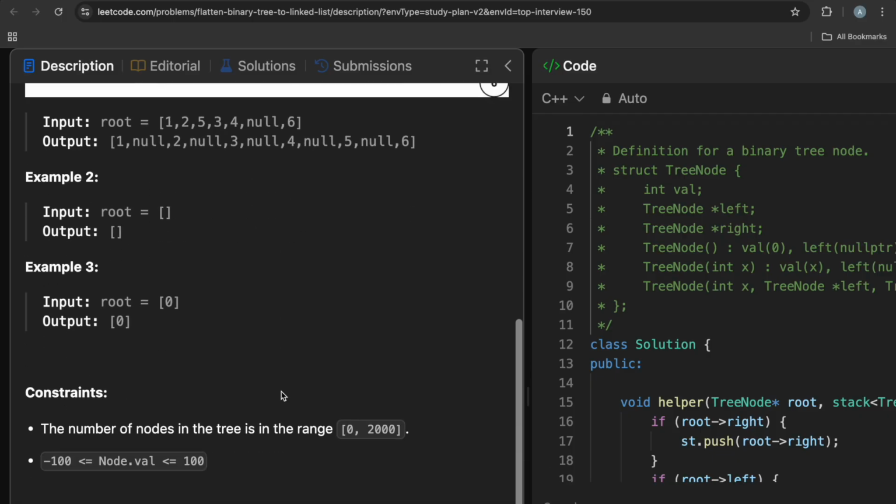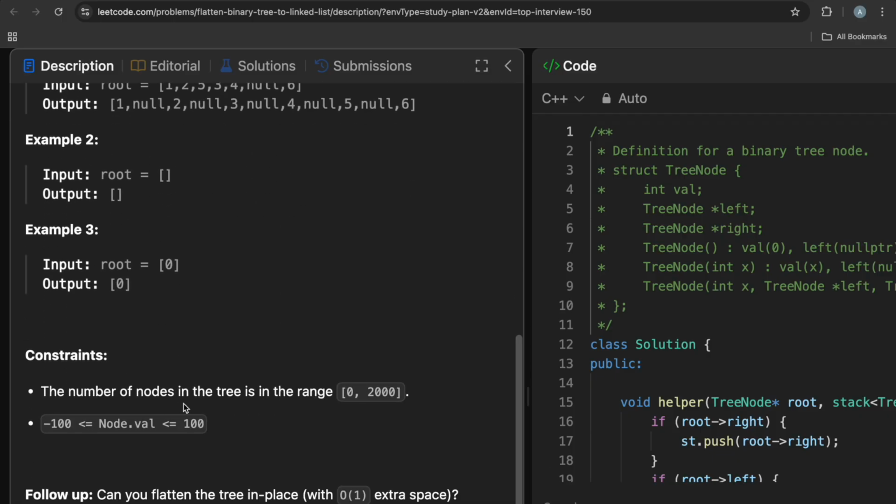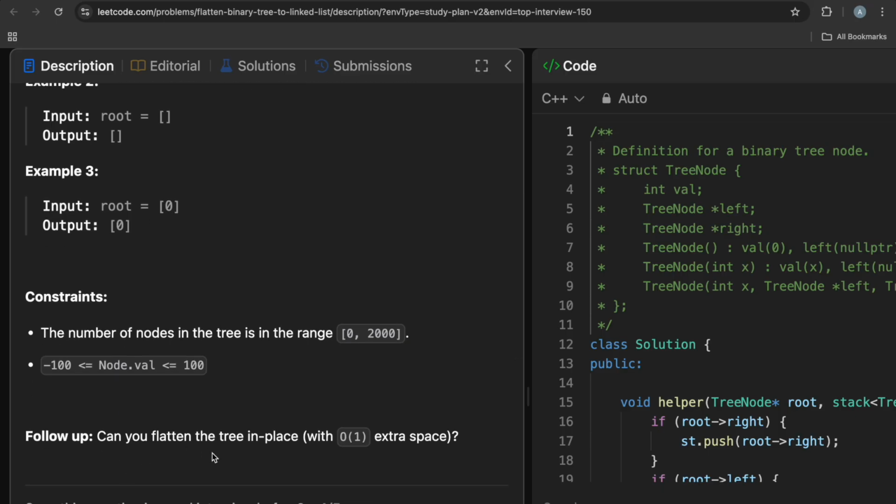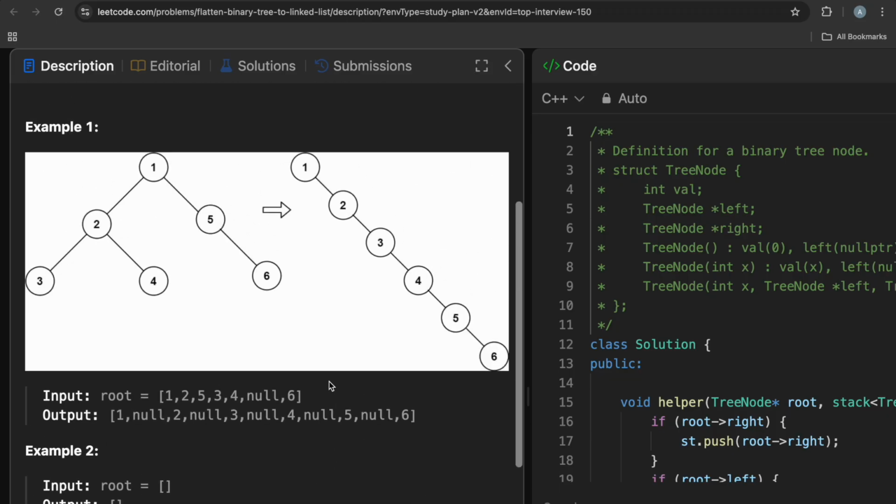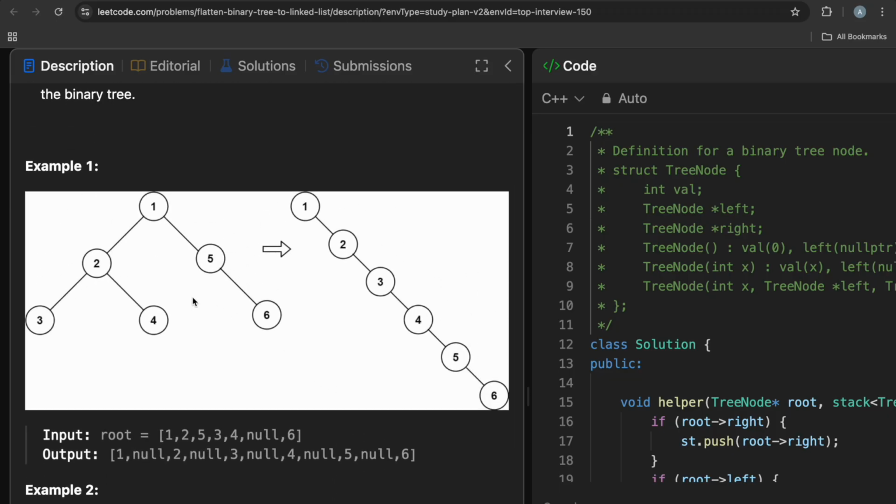So this is the problem given to us, and number of nodes in the tree is in the range 0 to 2000, and the node value varies from -100 to 100, and we have to flatten this tree in O(1) extra space. So one key observation here is that in order to solve this question, we would be using